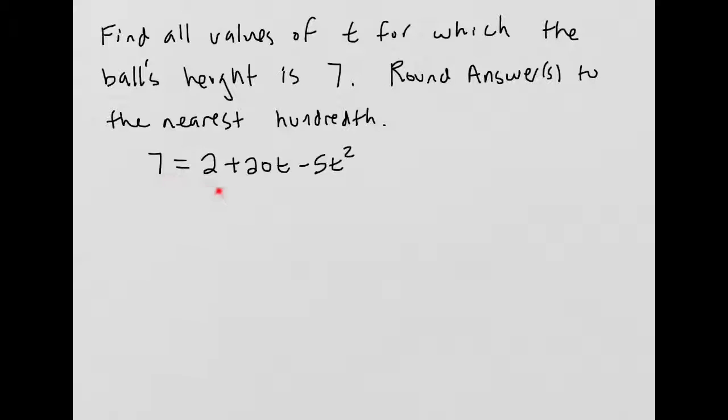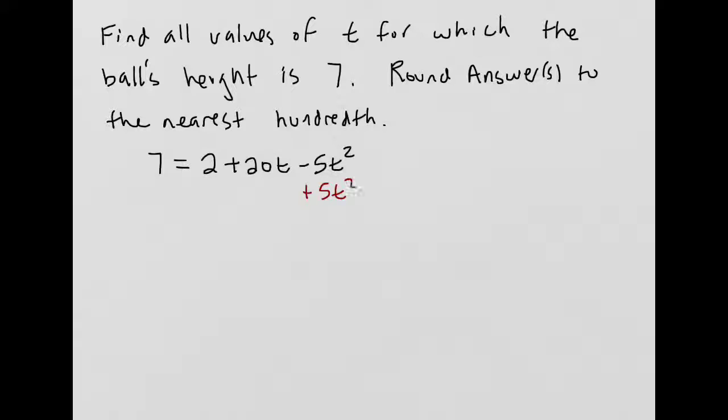Well, looking at this, the first thing I want to do is get these terms all to one side of the equation. You'll notice that my t squared term is negative. So instead of moving the 7 over, which kind of seems easier, I'm going to move all three of these terms over to the left-hand side because I want my t squared term to be positive. Okay, so if we do that,